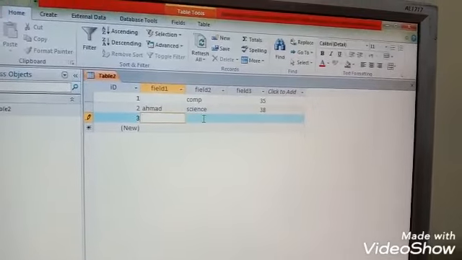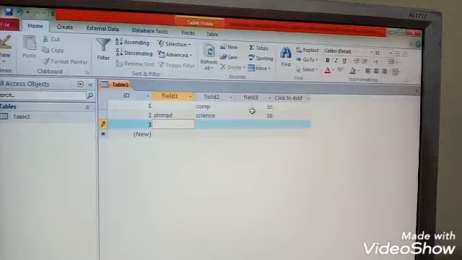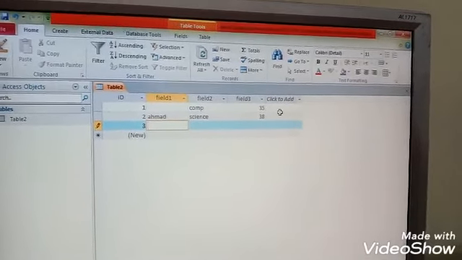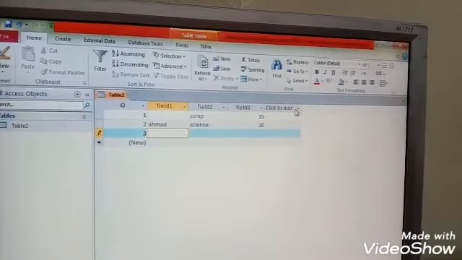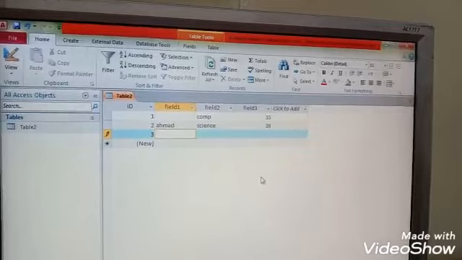When we save the page, your page displays in this form: field 1, field 2, field 3. If you want to add any field, click this and add new field. You can type the new name.